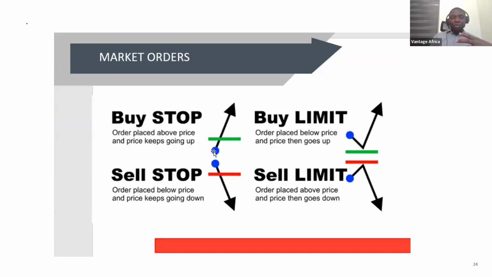But normally when you go to the market and you're entering an instant trade, a market execution trade, it doesn't ask you for price. Why? Like I said, because it executes the trade at current market price. But when you use a pending order, it asks you for price. So when you select a pending order, buy stop, sell stop, buy limit, sell limit,